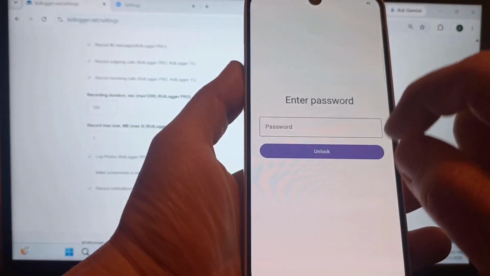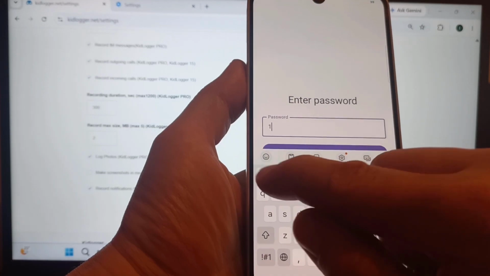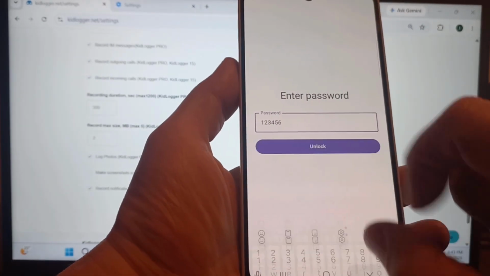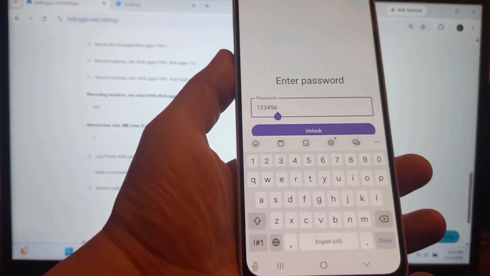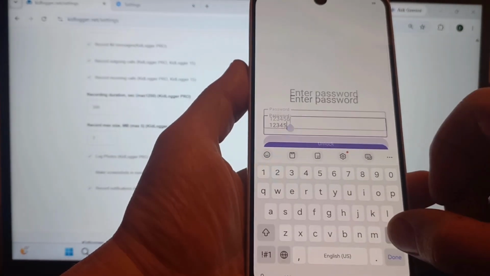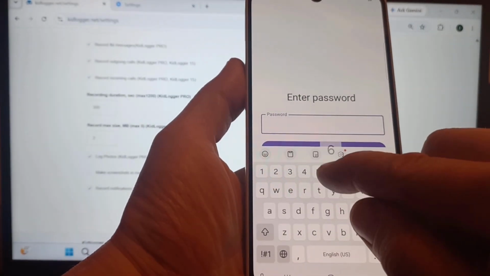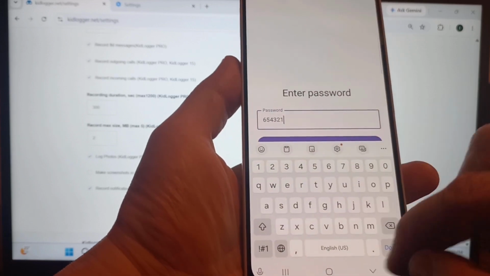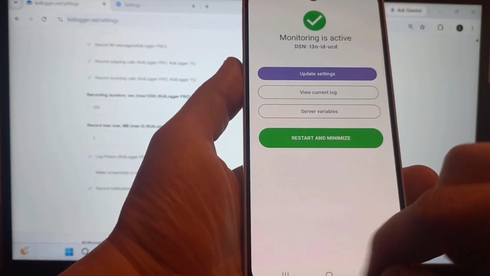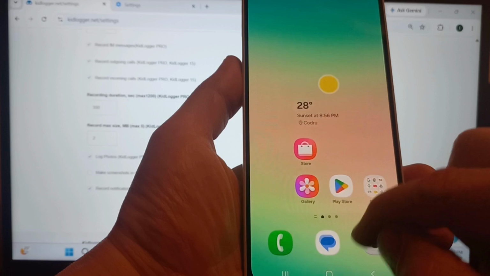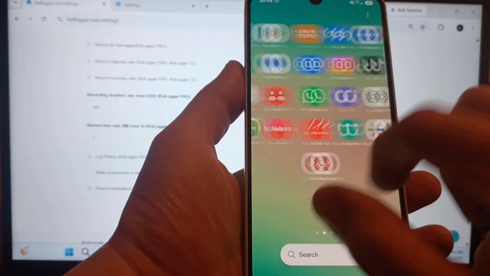If I close the app and open it again, the old PIN will not work. I enter the new PIN and it works. The same is true for the block settings in Play Store.